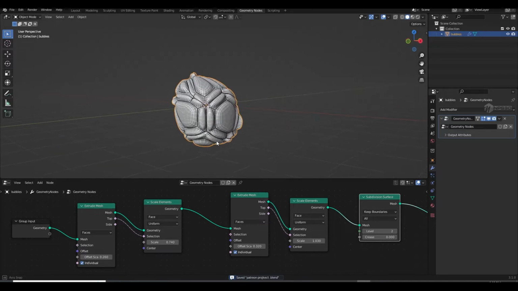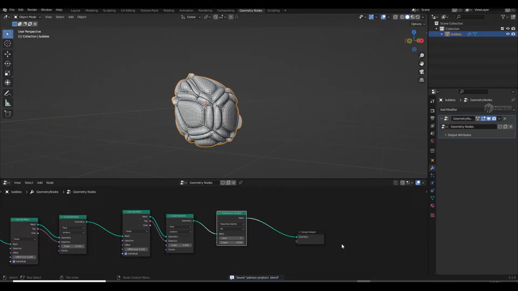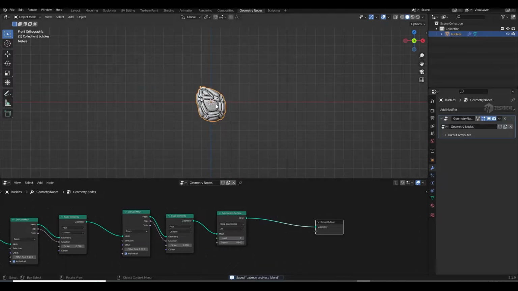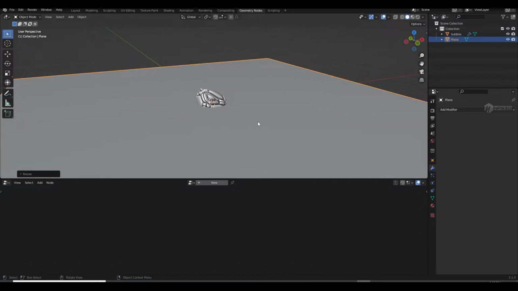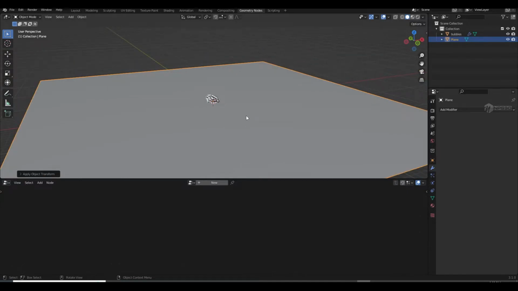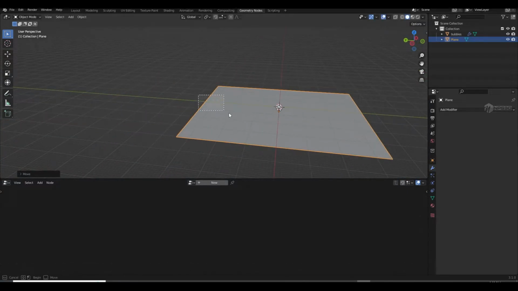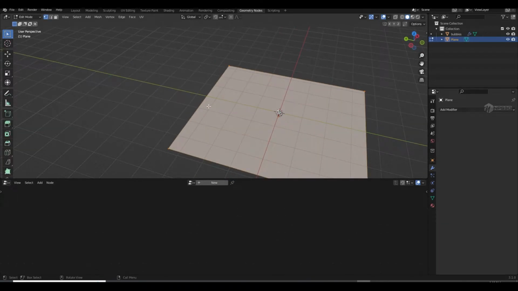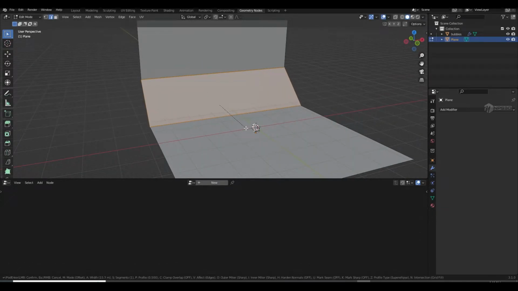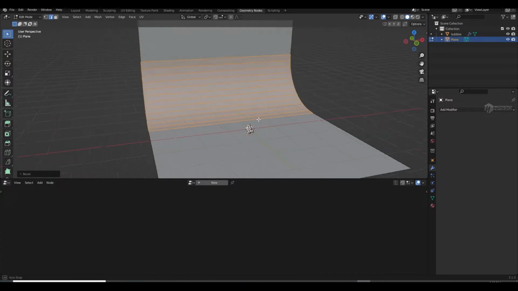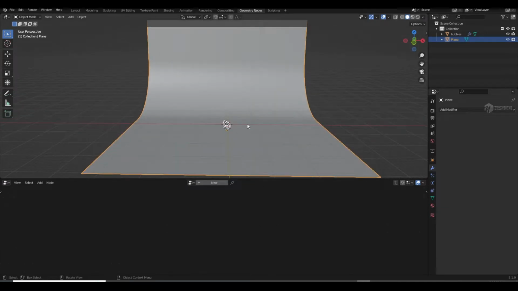Once you are happy, just leave this and let's add some texturing. So first create a base. I'll press A to go to the front, Shift A and create a plane, scale it, Control A to apply the scale, ZZ to make it down, and just press Tab to go inside the edit mode, press 2 to select the edge, E, Z to extrude it, and just select this edge and Control B to bevel it, and with middle mouse button I can just simply add multiple edge loops, right click set smooth,